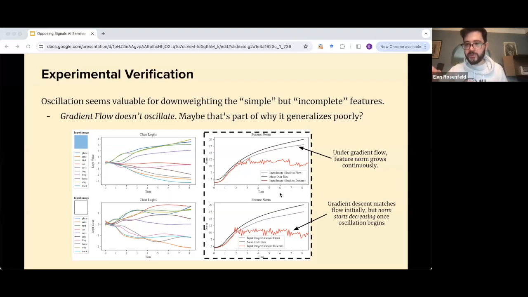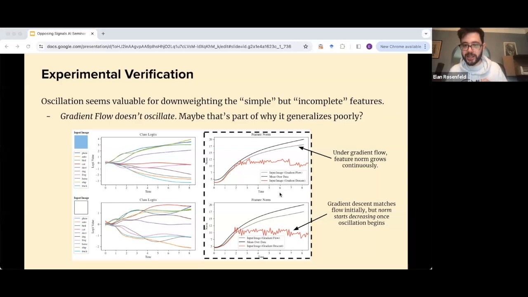And at that point, you have this slow decrease. It doesn't quite show on this time scale, but we saw that over longer timescales, it's a steady decrease in the magnitude of this activation. So it really does seem that this oscillation is very useful for reducing the magnitude of these features. It's not something that I can state with certainty, but it seems pretty clearly to me connected to the generalization properties of gradient descent versus gradient flow.